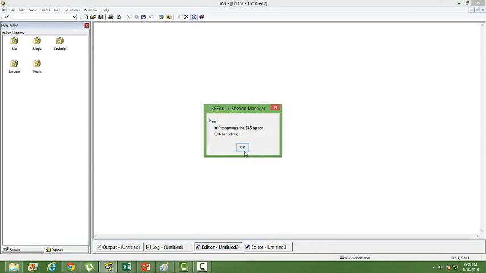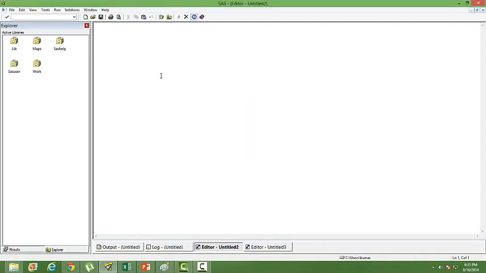Make sure you save everything before running, because sometimes it goes into an infinite loop and you may have to terminate the SAS program, resulting in the loss of your files, your programs, and your output.